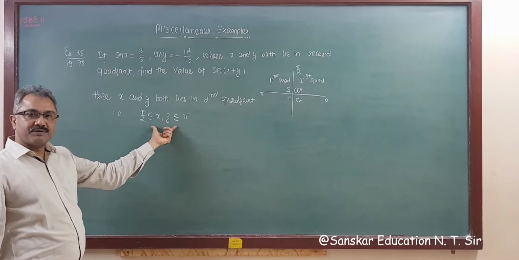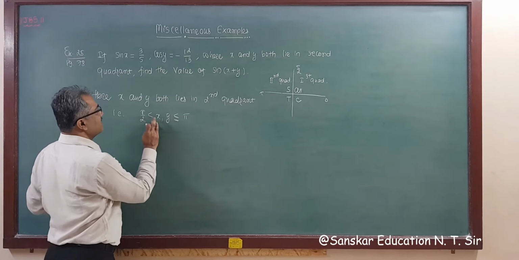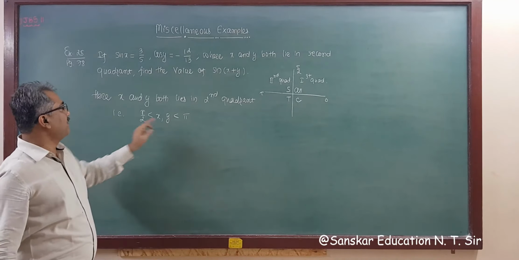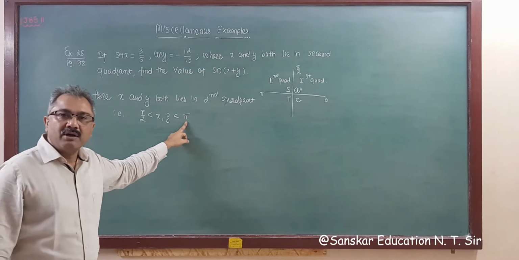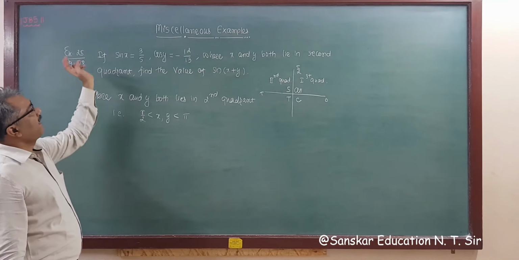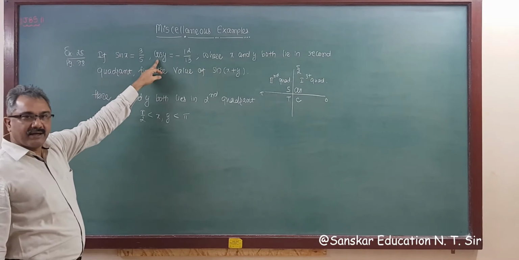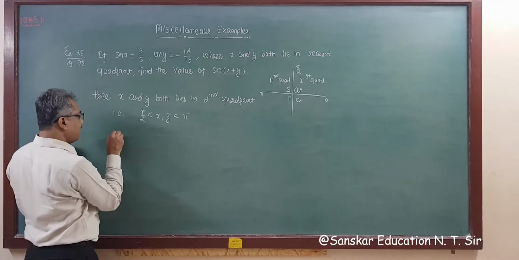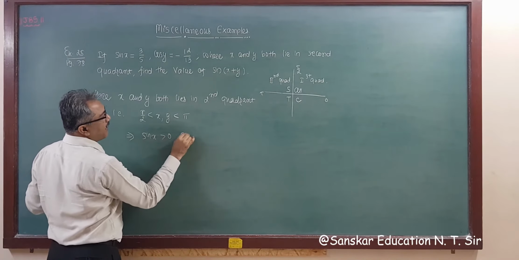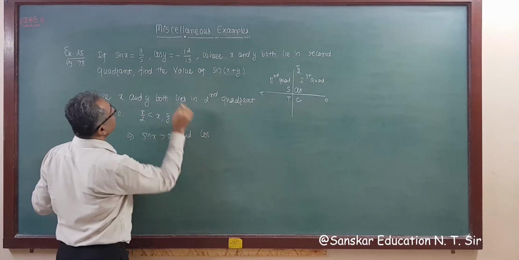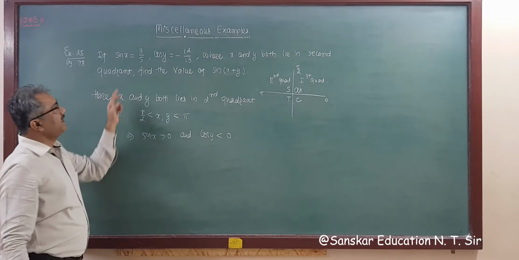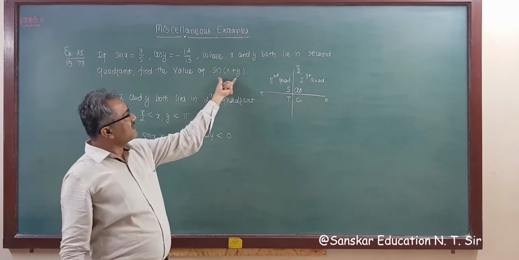This is your second quadrant, right? If you want to write pi by 2 in the range, then this is also okay. This second quadrant is pi by 2 to pi, because pi by 2 and pi are points on the coordinate axis, right? So sine is positive, cos is negative. So this implies sin x is greater than 0 and cos y is less than 0. That is already given. Now we have to find out sin of x plus y.